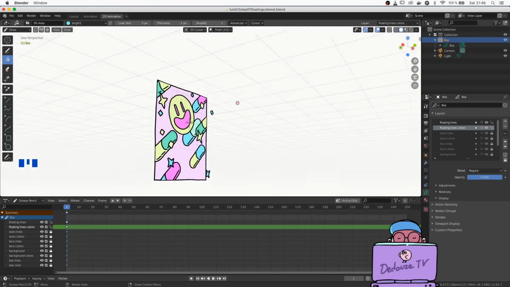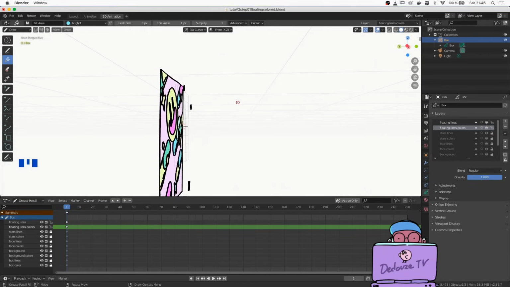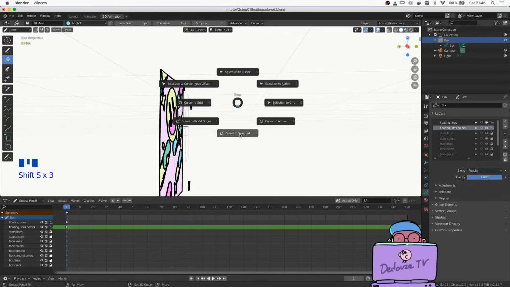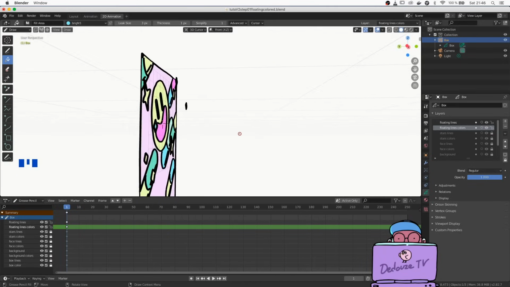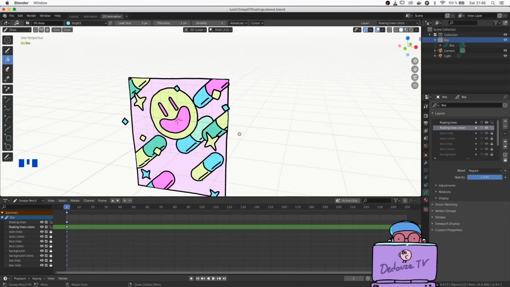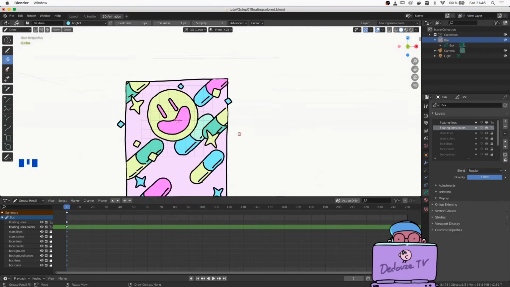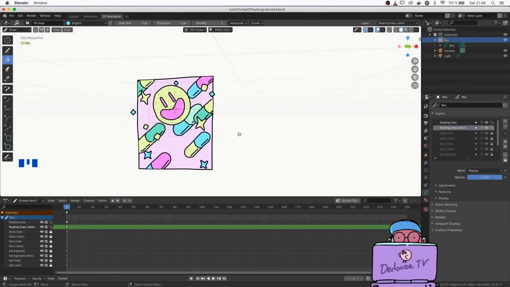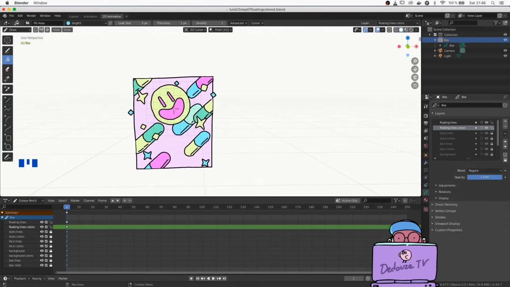The first thing, you already know it, you can press Shift S and select Cursor to Selected when you're in your grease pencil object. The cursor and the canvas go back to the center or the origin of your drawing. It's the place where you started to draw, so at least this part of the box is easy to access.